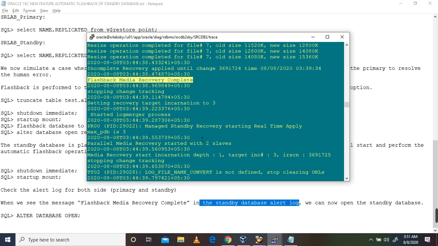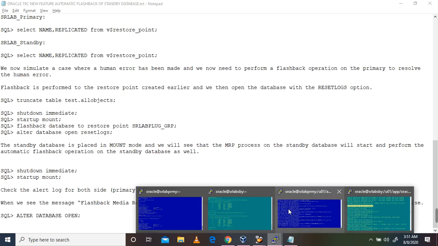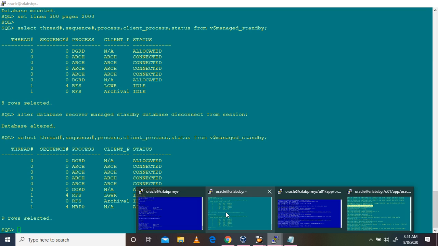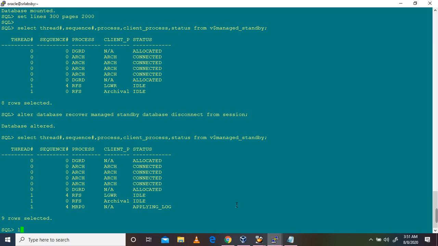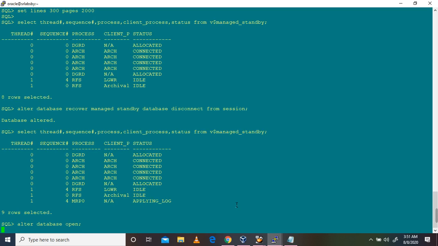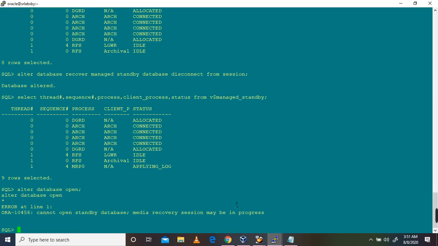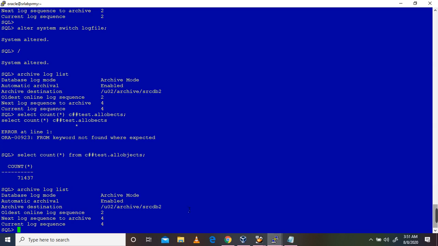At this stage, you can open the database. It will open read only. Yes, we need to stop that MRP and then open. Why are we opening the database in read only mode? We need to verify the table truncated.